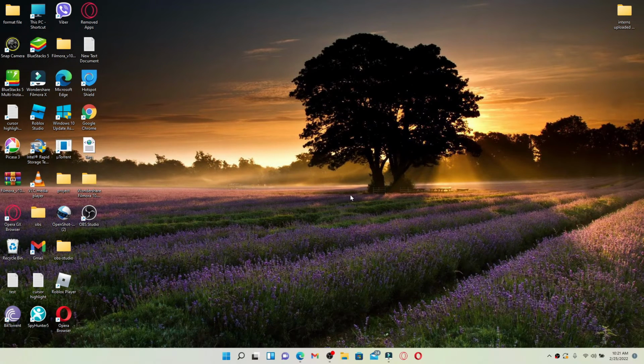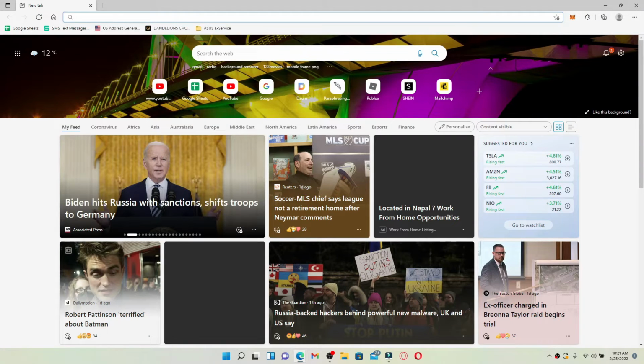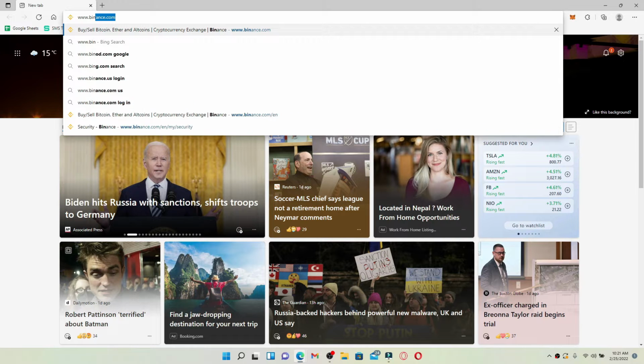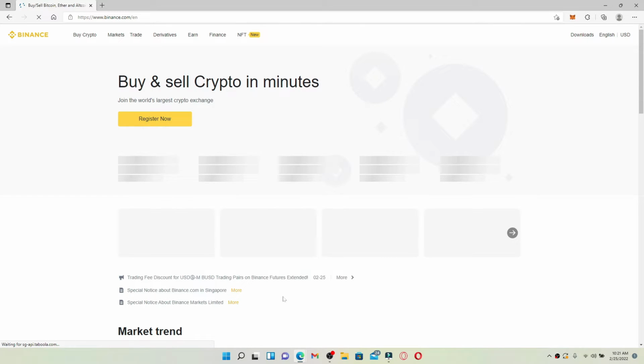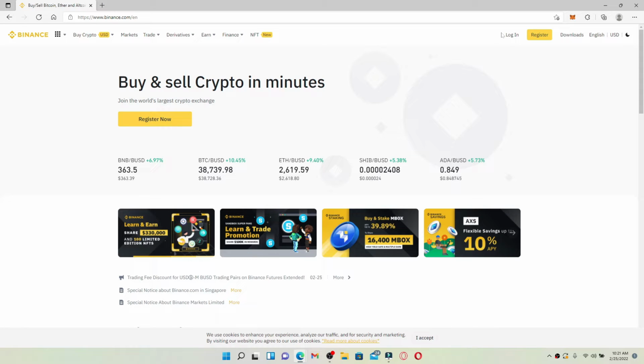Now let's jump right into the video. Open up your web browser and then type in www.binance.com into the search box and press enter. You'll end up in the official web page of Binance, which looks like this. From the main homepage, click the login button at the top right hand corner in order to end up in